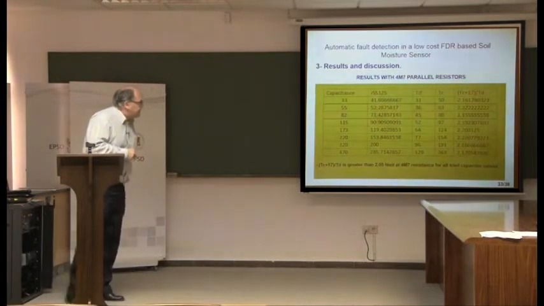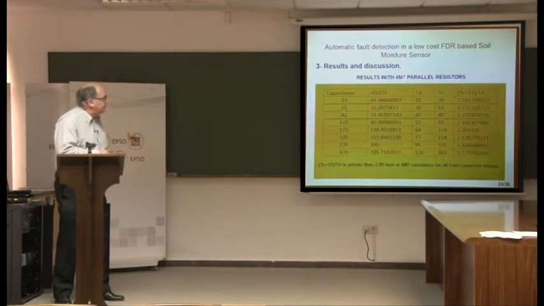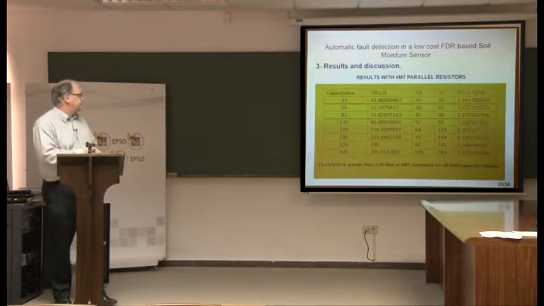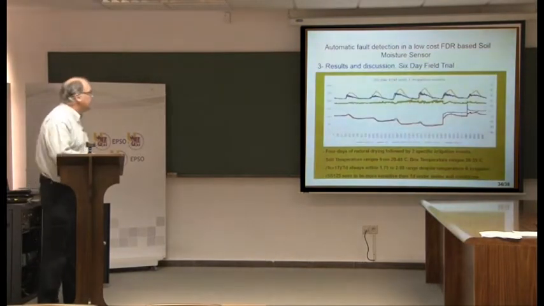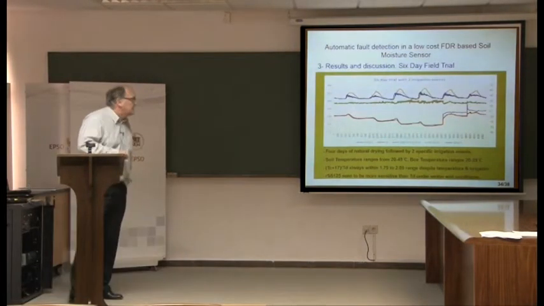If we take that example of the 4 meg 7 resistor and look at all the capacitor values we tried, you can see that in all cases we have exceeded our 2.05 limit on this metric that we've devised. So it's not unique just to that one capacitance. So we then did a 6-day trial in real soil,